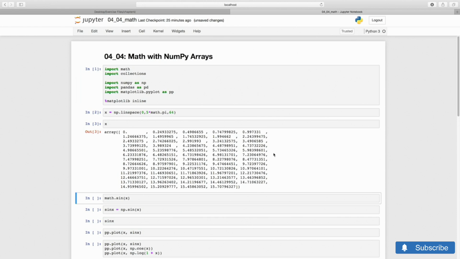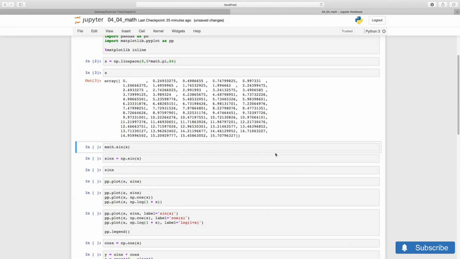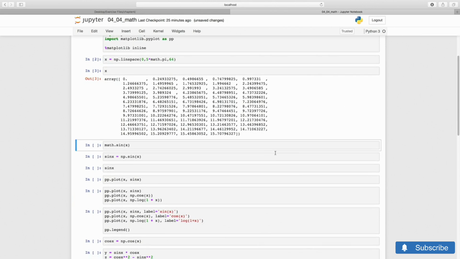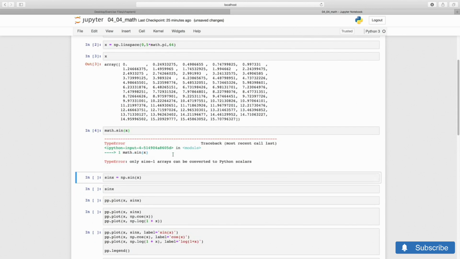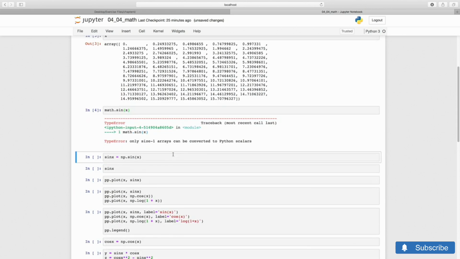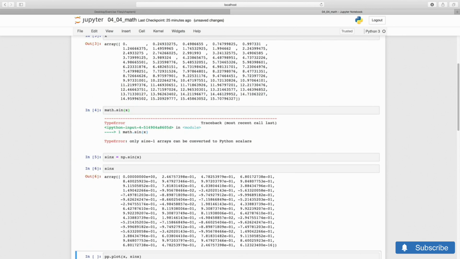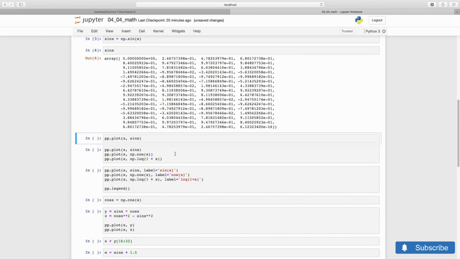Then we may want to compute the sine of all these values. We cannot do this with a function in the standard math library, math.sin. But we can with a NumPy version, which is called a universal function for this reason. It can operate on any array in element-by-element fashion. The result is another NumPy array with the same shape as x.